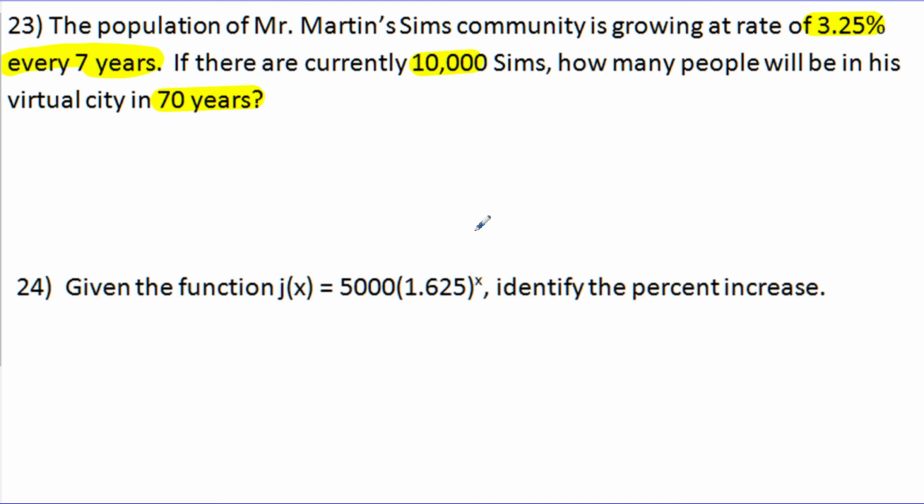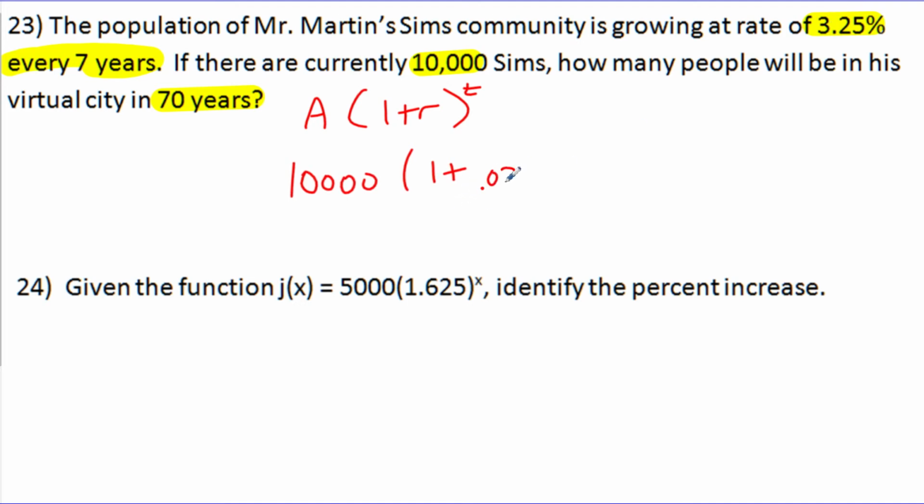Okay, so the big thing I want you to point out about this problem is there's no word compound in this problem, which means we're going to use the simple exponential growth formula, which was A times 1 plus r to the t. And t in this case represents the number of increases, not the number of years. So be careful. So we're just going to write down 10,000 times 1 plus, there's my r